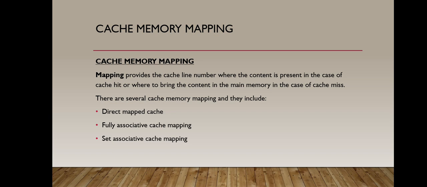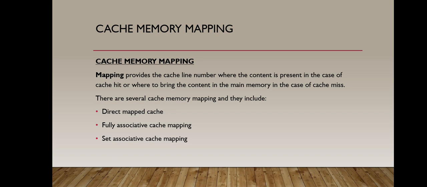Now this cache miss we are talking about is simply an event in which a system or application makes a request to retrieve a data from a cache, but that specific data is not currently in the cache memory. There are several cache memory mapping, and they include the direct mapped cache, the fully associative cache mapping, and the set cache